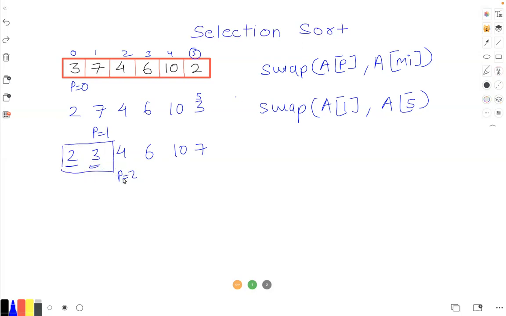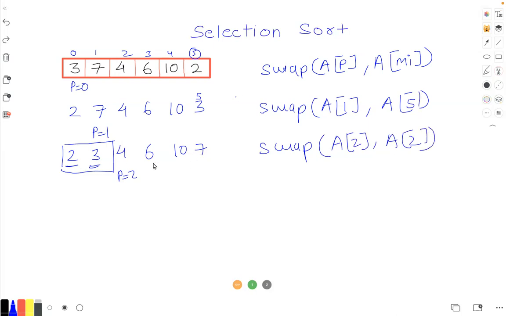That is why we are moving to the next position. So now p is equal to 2. From here, if we start iterating, we'll get the minimum index as 2 itself, because 4 is the minimum over here. So if you swap, you'll swap a of 2 with a of 2,